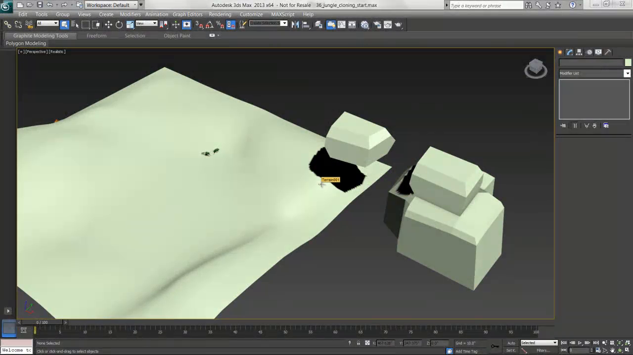In this video, I'll look at moving, cloning, rotating, and scaling my objects. I have open 36 Jungle Cloning Start. What I'll do is at the end of each video, save that end state, so you'll have a start and an end for each one. The end state of one becomes the start state of the next, or you can keep working with the same